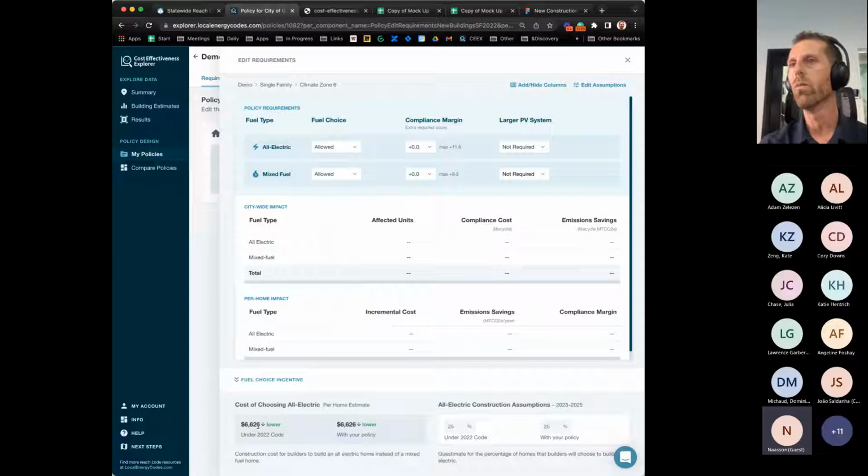And so we have a running cost comparison of here's what the cost incentive is to build all-electric without a REACH code, just under the 2022 base code. And then here's what the cost difference is under your policy. And since we don't have any requirements set up for our policy, it's the same. But having these two numbers front and center helps you manage these two assumptions, which are